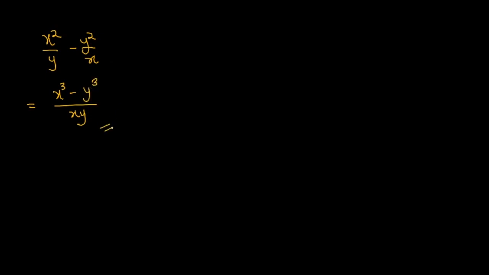So this becomes our final answer. Let's look at another expression. So we have to simplify 3x squared on 5y multiplied by 5yz on 6x. Alright, so for this particular expression, if we look at this very well, we can see that there